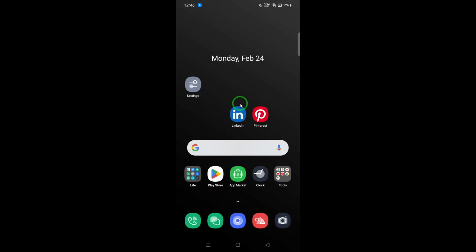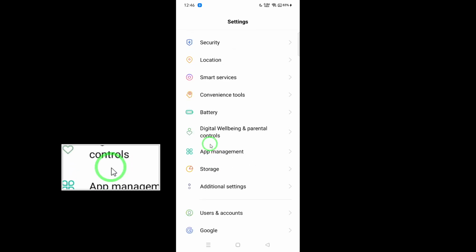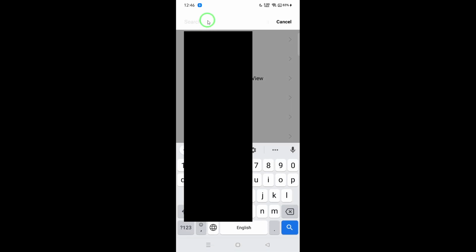From your device settings, locate Pinterest settings and select the option to clear data. This will remove temporary files that could be causing display issues. To do this effectively: